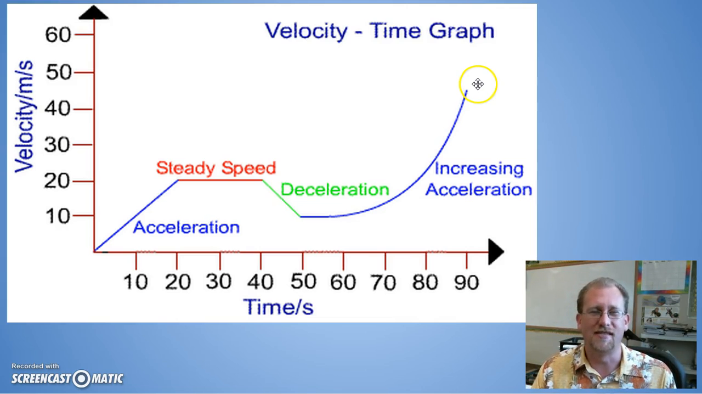Okay, so velocity versus time. Pause the video, take a look at this, make sure you understand the difference between velocity